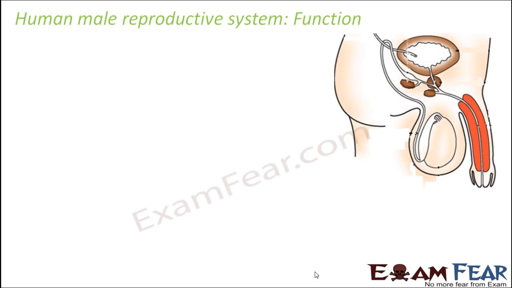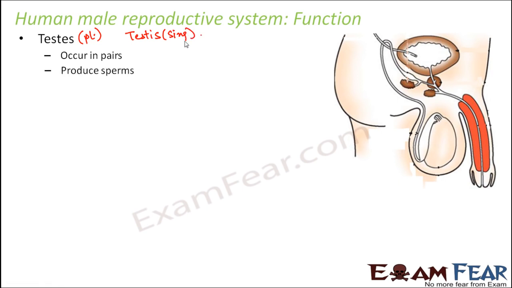How will we understand that? By looking at the function of each part. So let us first start with testis. So testes, they occur in pairs. Now, testes is the plural form, and the singular form is testis. So they occur in pairs, they produce sperms, and that is why they are the